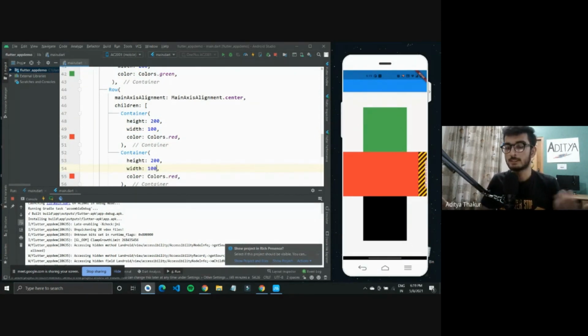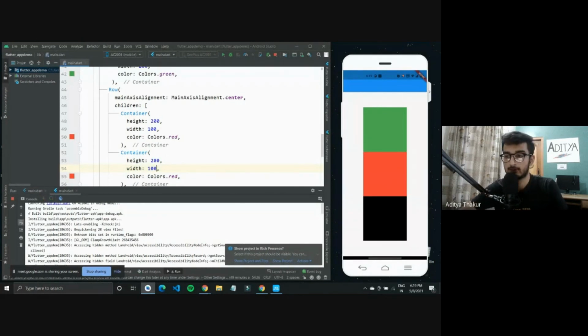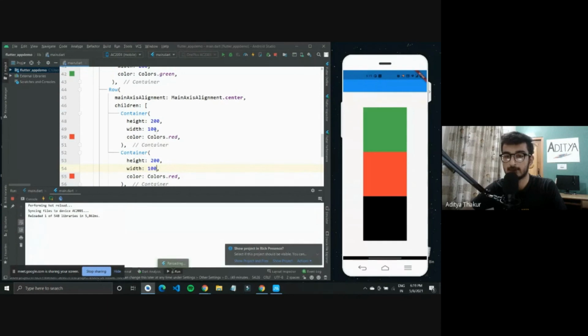Now if I hot restart, I mean hot reload it, it should lower the width, and now these two should fit inside the screen. So we'll just wait for it to refresh. Yeah, so right now they are both occupying like 200, so I'll just increase it so it's a little broader.